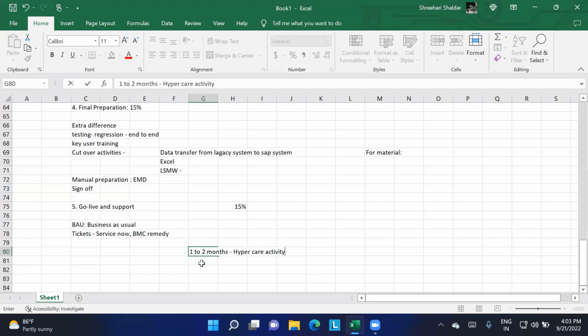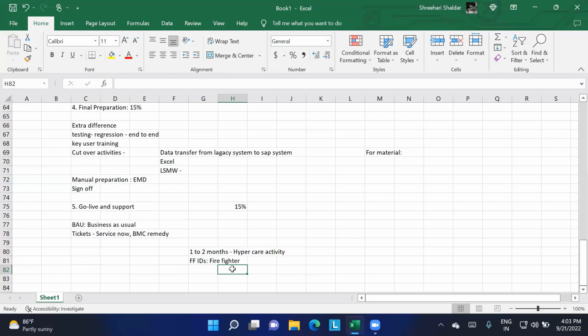Here, for all the consultants, they're going to create FFIDs. What do you mean by FFIDs? They are called firefighter IDs. If you have a firefighter ID, you can do anything in the production system. You can edit things or you can delete things. You can do anything, but your entire activity will be tracked.